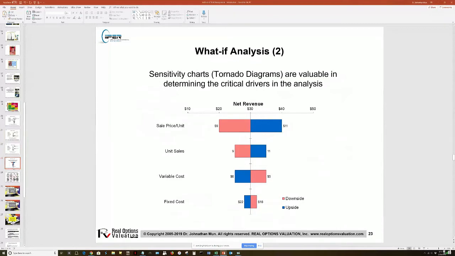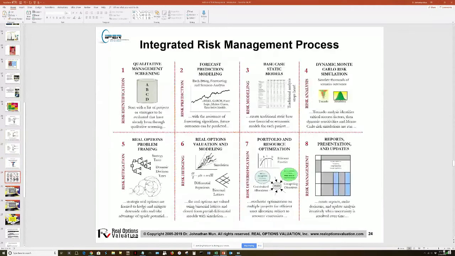So we'll say, okay, can we push the envelope just a little bit more, in fact, a lot more? And that's where we come in. This is where we take off. We have this methodology, a trademarked and patented methodology called the Integrated Risk Management Process, IRM, which, by the way, sounds like the Institute of Risk Management, which is great. So the Integrated Risk Management Process is a process methodology.